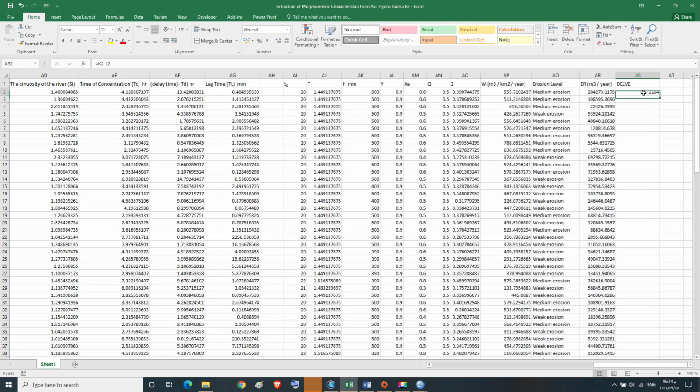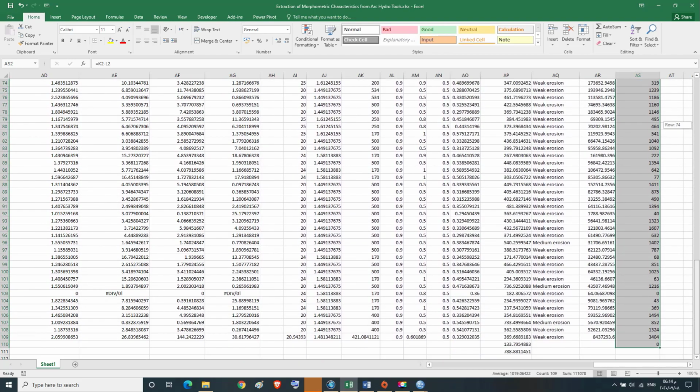The DELEV value, which is the difference in elevation in meters for the sub-basins and for all study area basin, appears as we see.